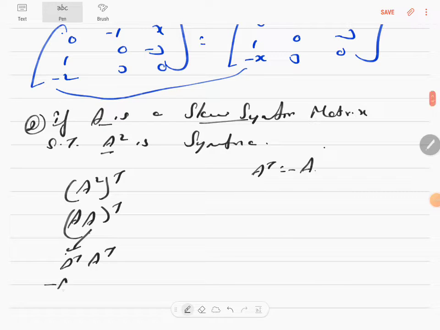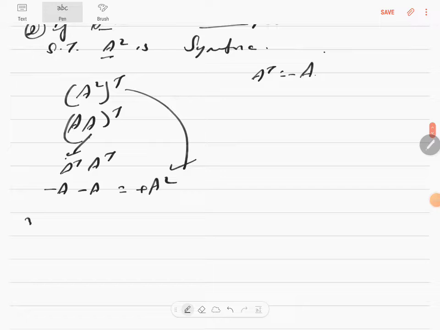So minus A into minus A. Thus you get plus A square. Thus A square when transposed becomes plus A square. So therefore A square is a symmetric matrix. Okay, that's the second question. The third question,